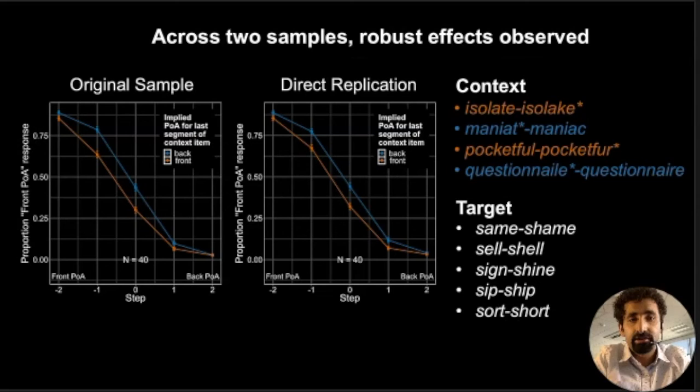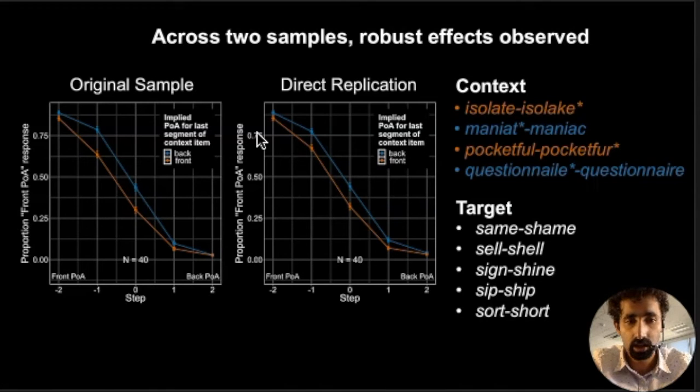So we found the same pattern of results across our two samples, and let me orient you to what you're seeing here. All of our target items began with a segment from an s-sh continuum, and the x-axes here indicate whether the target began with a front place of articulation, so an s, or a back place of articulation, so here a sh, and 0 indicates the most ambiguous step from that continuum. The y-axis indicates how often participants identify the target stimulus as having a front place of articulation, so making an